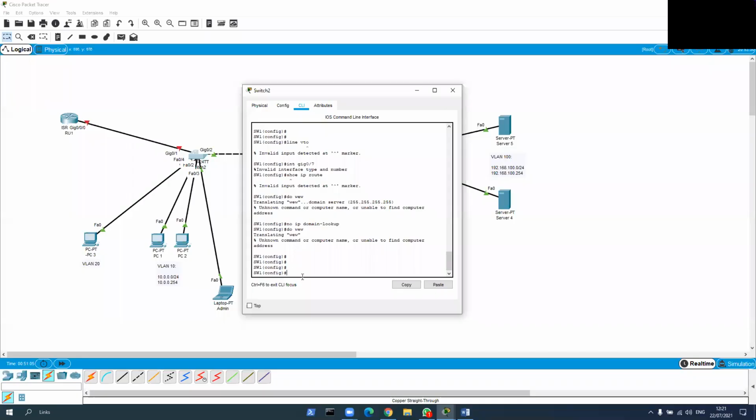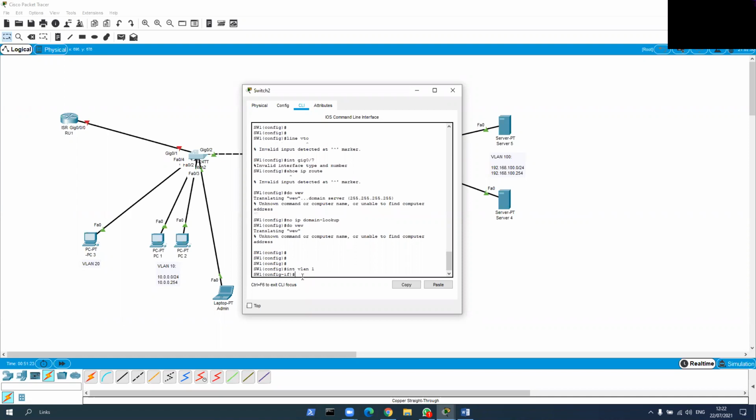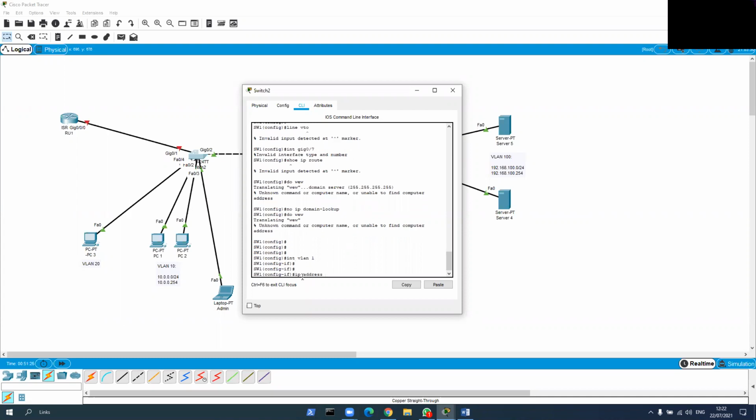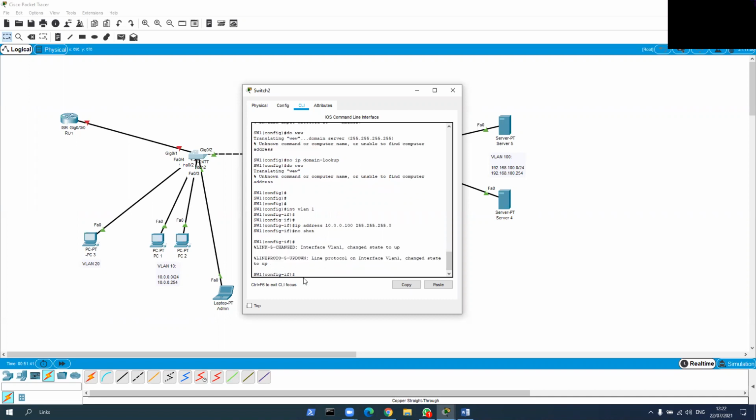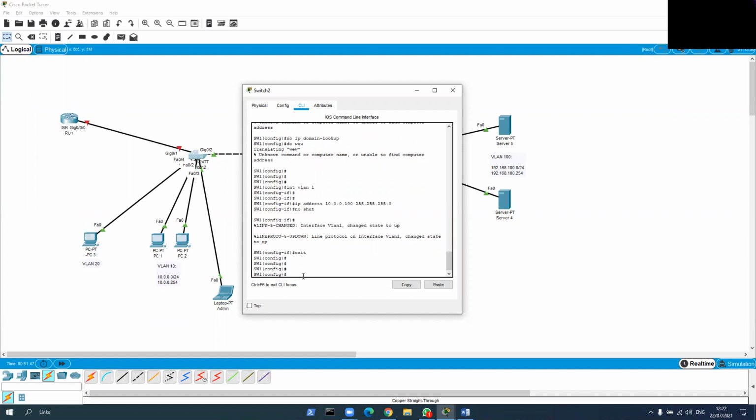All right, so what we're going to do now is give an IP to VLAN 1 so that we can do a future SSH connection, of course. So interface VLAN 1, we're going to give it an IP address 10.0.0.100 with subnet mask. After that, we're going to do no shutdown and VLAN 1 changes state to up. All right, now we're going to exit from VLAN 1 and we're going to